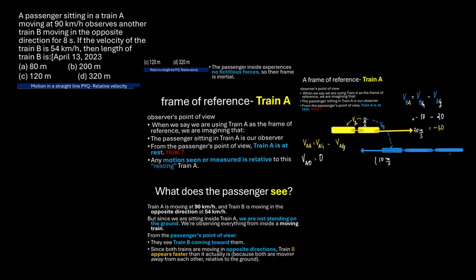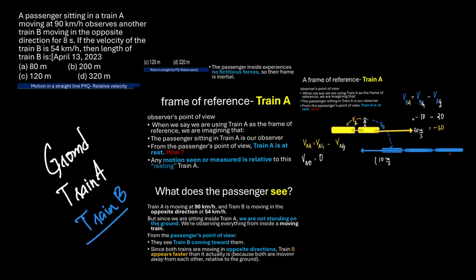So I assume that you already have gone through the solution of this question using frame of reference train A, right? So we did it in two different approaches. One was the frame of reference as ground. Second was frame of reference as train A. And in this solution, we will focus on solving the question by choosing the frame of reference to be train